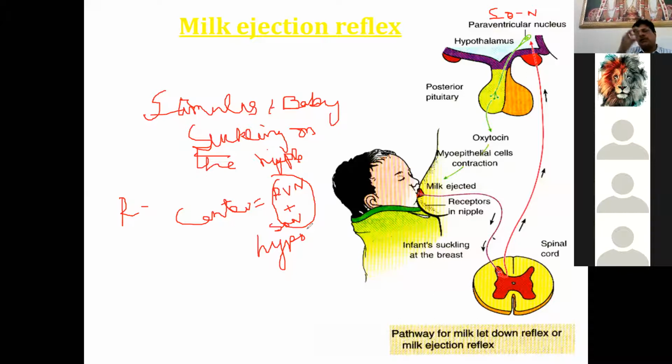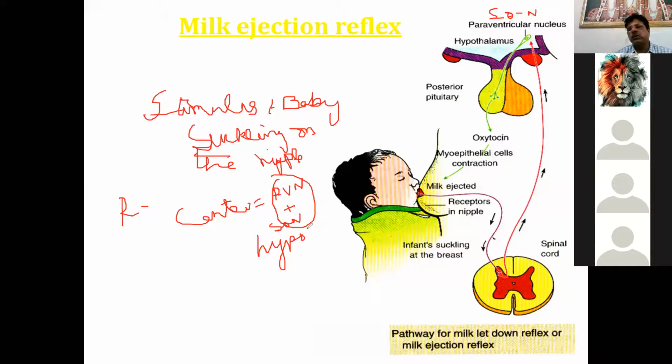So, the stimulus is the infant suckling on the breast, which is going to stimulate the touch receptors in and around the nipple, especially in the areola. The afferent is the somatic touch pathway, which carries the sensations from these touch receptors in and around the nipple. The center is the supraoptic and paraventricular nucleus in the hypothalamus,